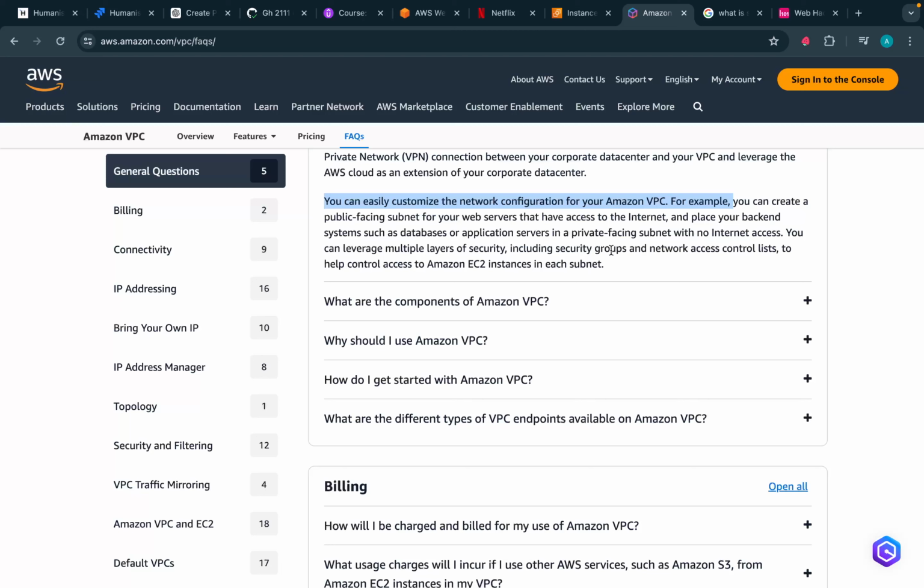A segment of a VPC's IP address range where you can place groups of